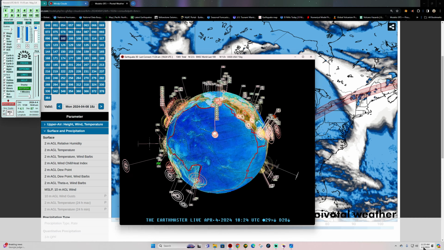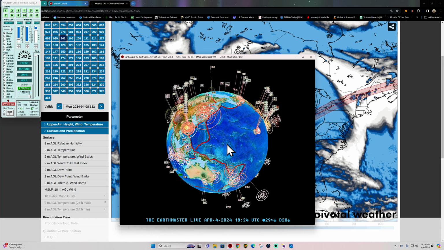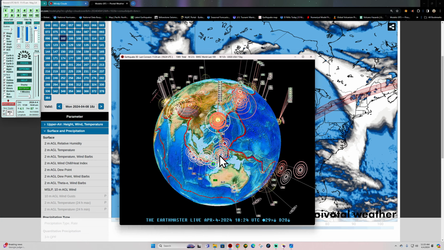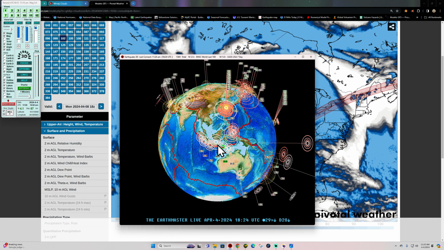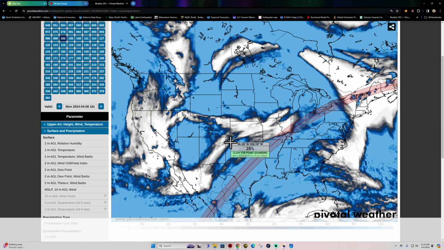About 11:25 a.m. here, California time, April 4th, 2024, and the rain is coming down out here along the West Coast. Latest activity on the Earthquake 3D globe shows a 3.4 across the southeastern end of the Java Trench. We get to the earthquake activity in just a little bit.